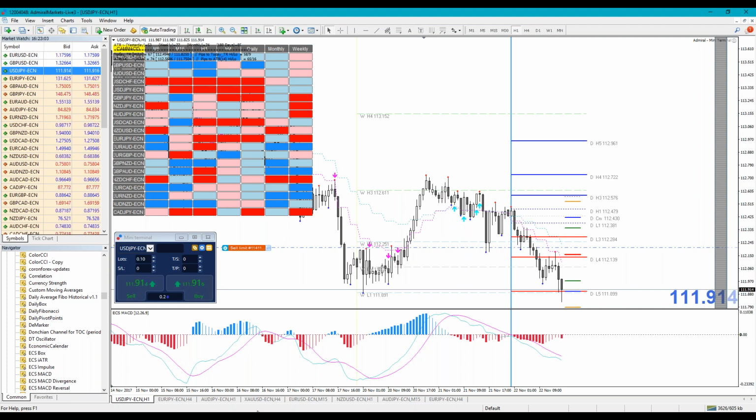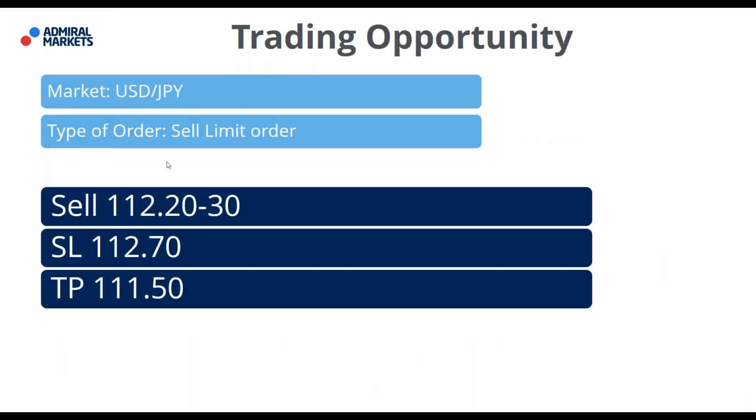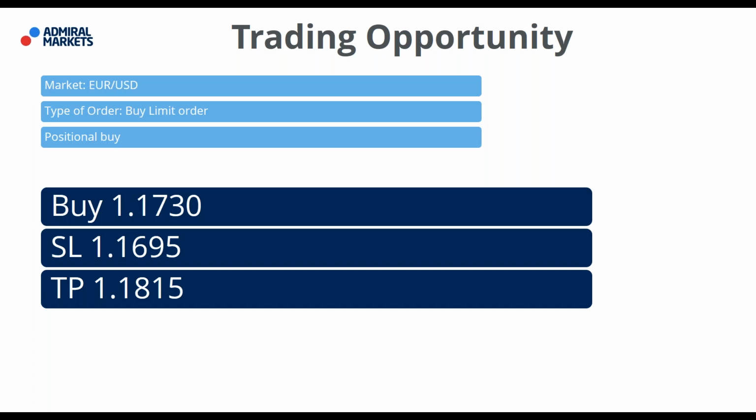Okay, so for today, guys, this is what we had. Dollar yen, sell limit here. Do it with low risk. If you are in profit, protect your profits. If you are stuck in a trade during the FOMC, you need to respect your stop loss. That is why you place a low risk trade.